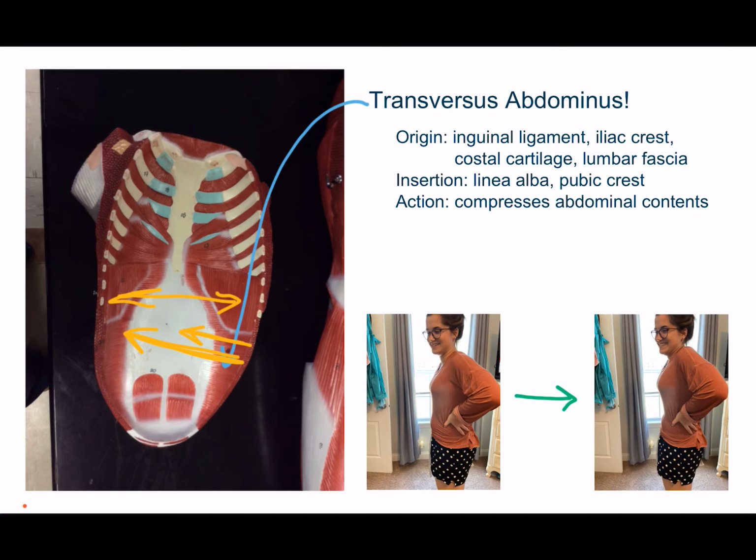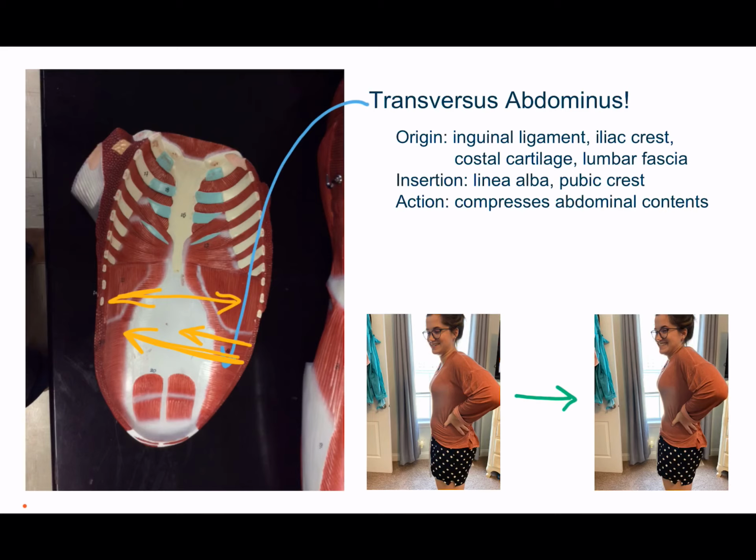This is the best view I could get of it on this model, but it's not like on the popped off shell of your belly. Its insertion is at your linea alba and your pubic crest. Its action is to compress the abdominal contents. So I think about sucking in the fat. Like if you're ever trying to get in a good pair of jeans and you gotta suck in, I think about my transversus abdominis helping me out,